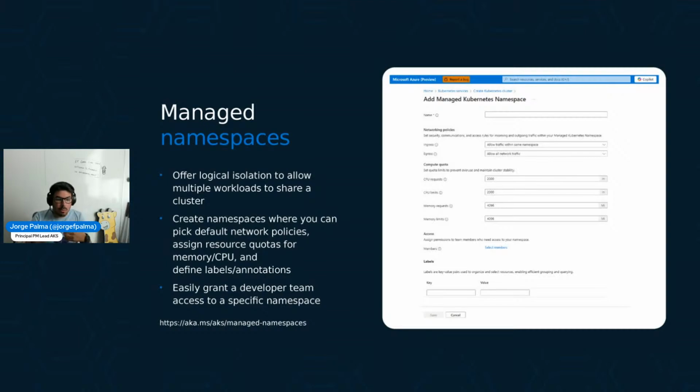And the answer is by leveraging the Automatic toolset. One of the things we just recently announced is managed namespaces. Managed namespaces allow you to deliver namespaces to a team, or create them for yourselves, that already offer logical isolation. So you're going to have default network policies built in. You're going to be able to select the requests and limits for the namespace that will apply quotas to that